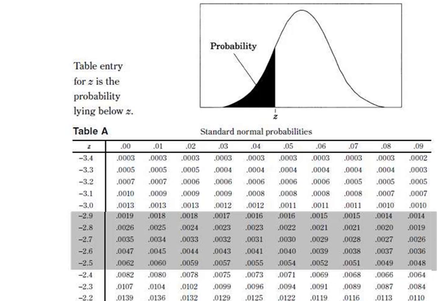So first and foremost, you should know that this is Table A. This is the table that gives you the areas. So all of these numbers in the middle are the area under the curve for any of these z-scores. So for example, this would be the z-score negative 2.93. So that tells me that if I go 2.93 standard deviations below the mean, the area here will be